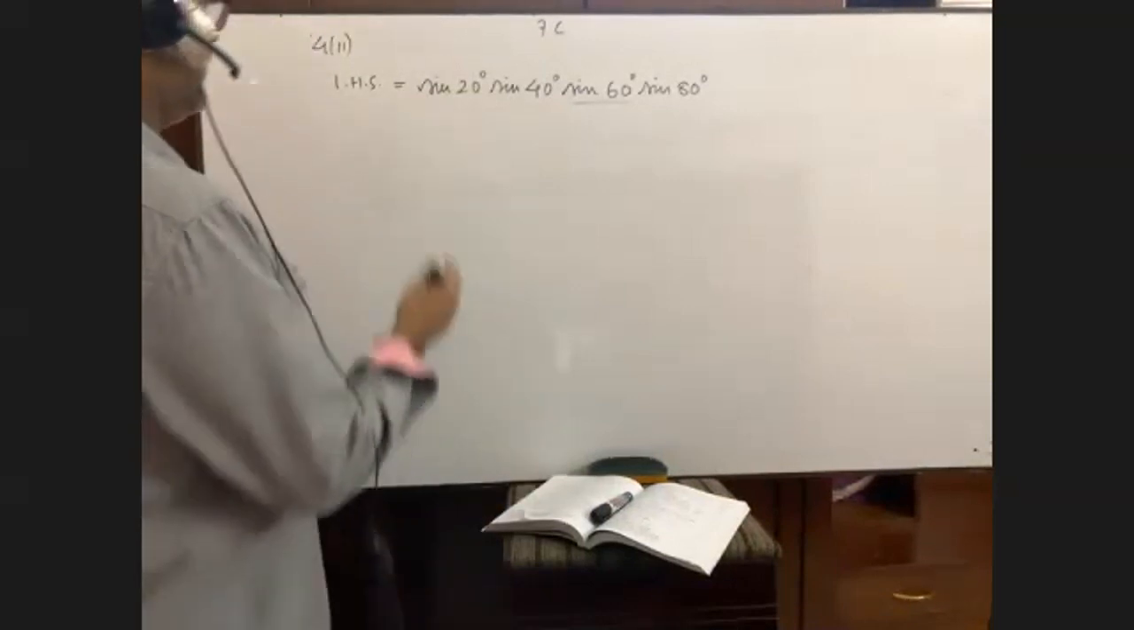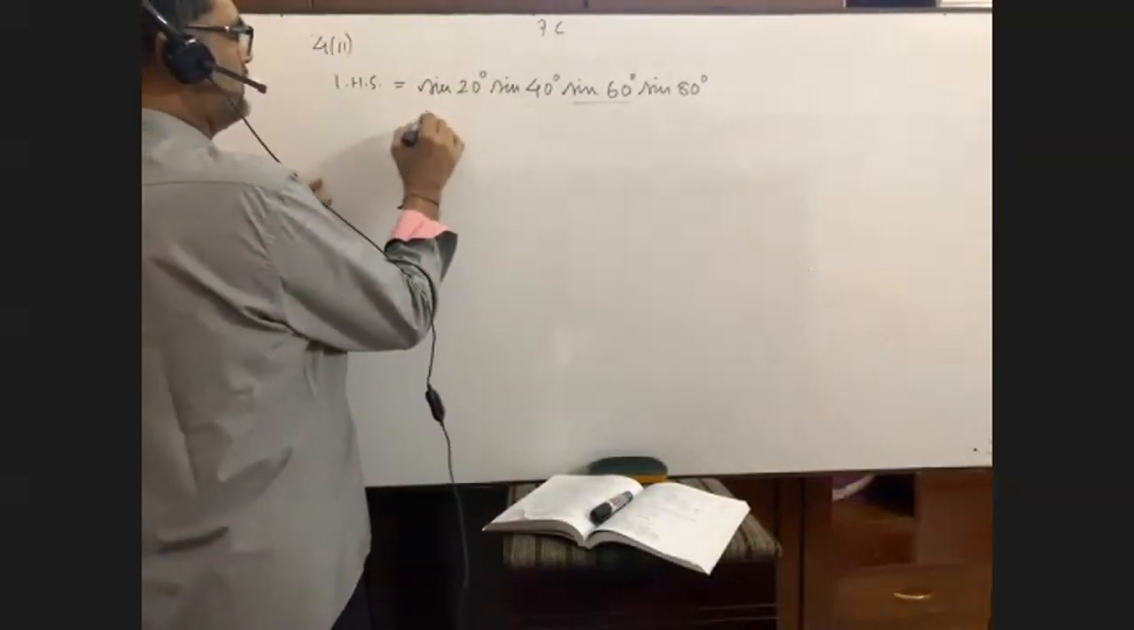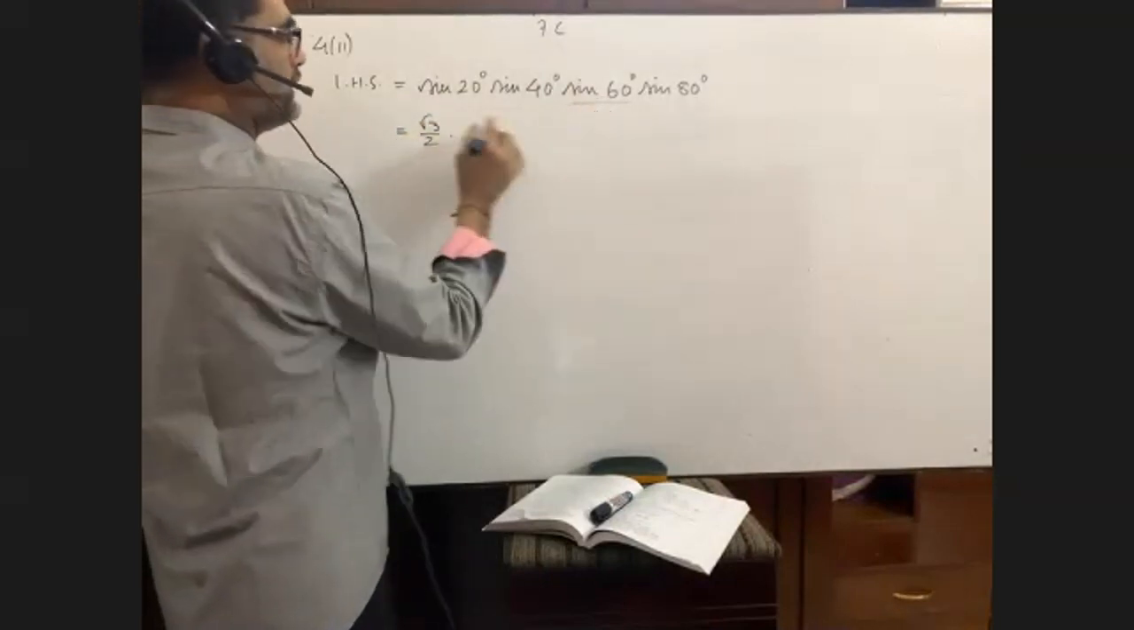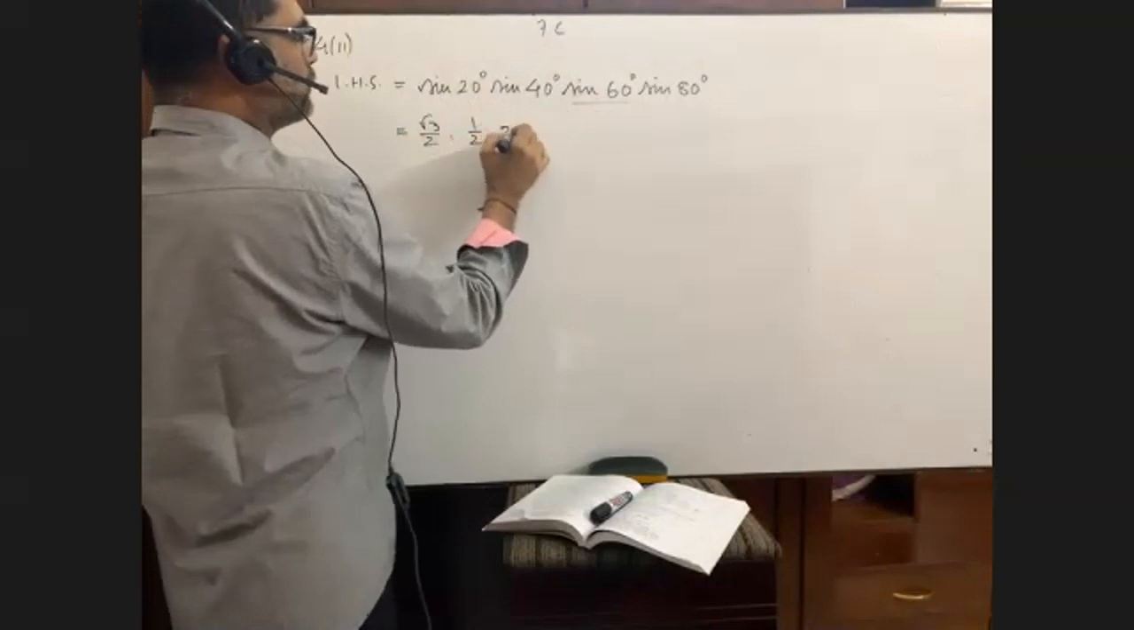So can we write here? You please see, pay attention. This is root 3 by 2 into half into 2 sine 20,